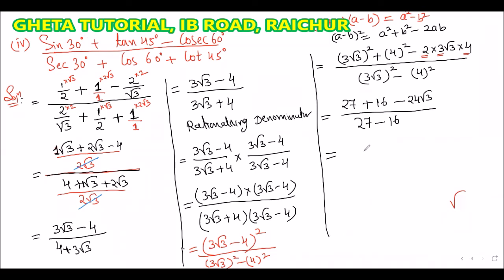Correctly added. 43 minus 24 root 3 divided by 27 minus 16, which is 11. So here is the answer. Final answer is